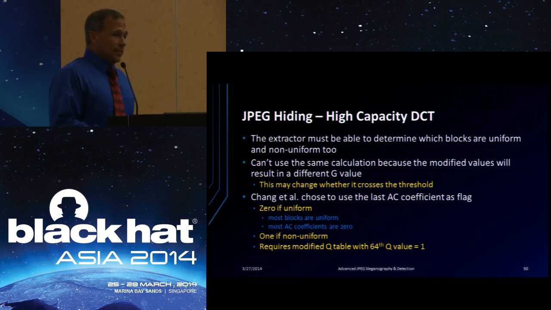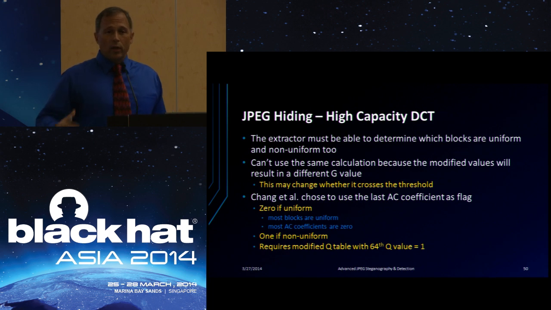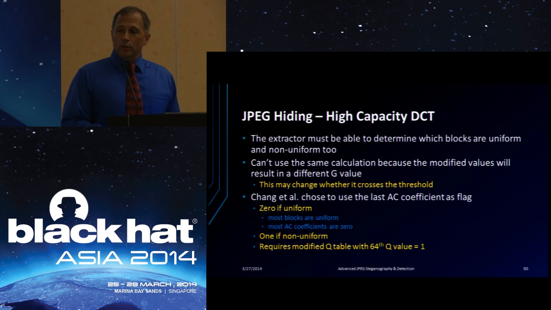Well, upon extraction, the extractor has to be able to determine which blocks are uniform and which blocks are not. And if you're altering the coefficients upon extraction, that uniformity measure might be different. So the authors of this technique changed the quantization table in the lower right-hand corner, which is the highest frequency value, to a 1, and then use that coefficient as an indication as to whether